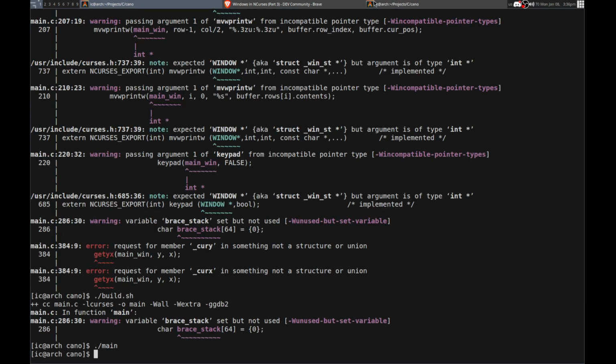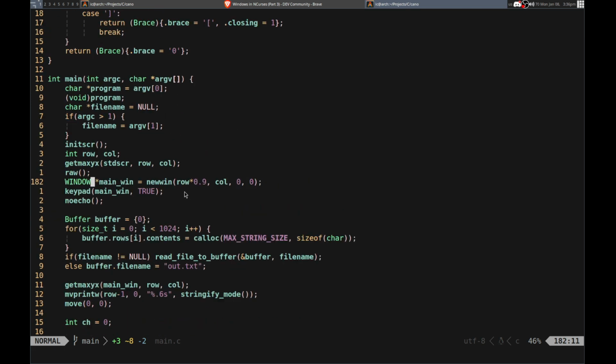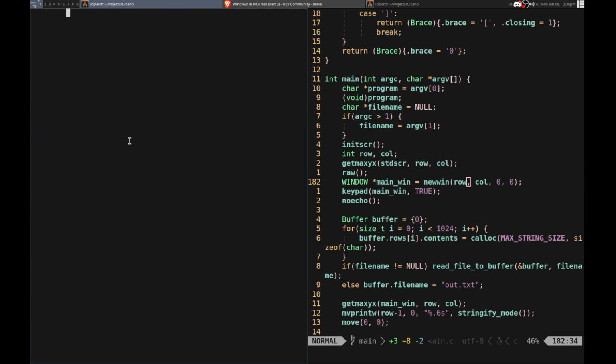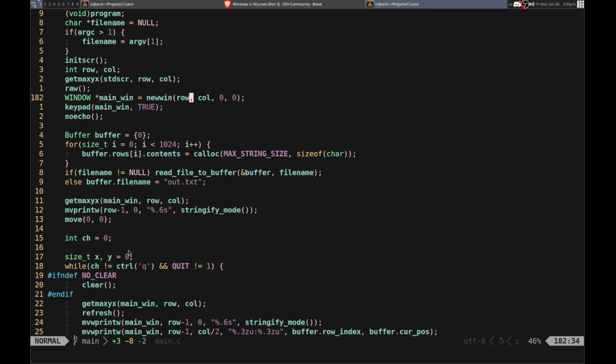Okay, so it did not draw that properly. And nothing is drawn properly. So that did not work. So let me just set it to the row and the column size. And I will see. Yeah, so it doesn't work. So the print did not work. This needs to be